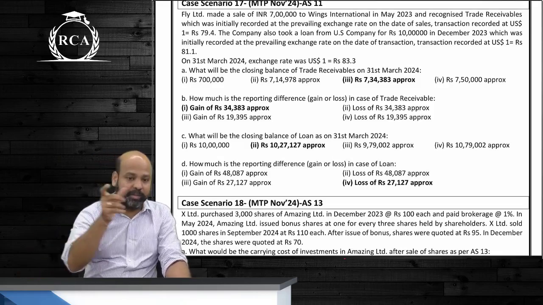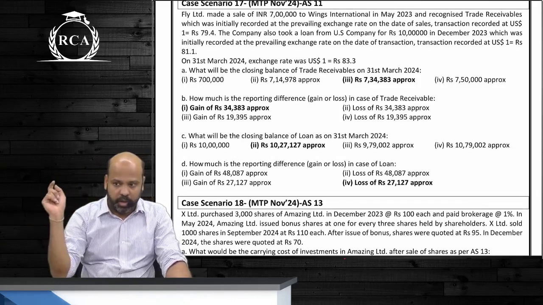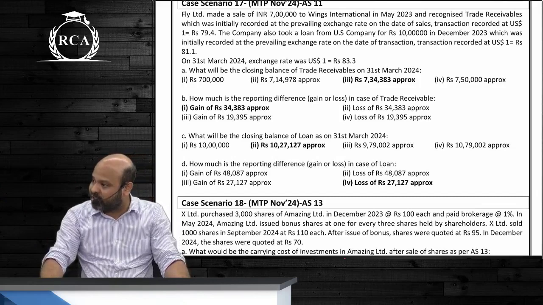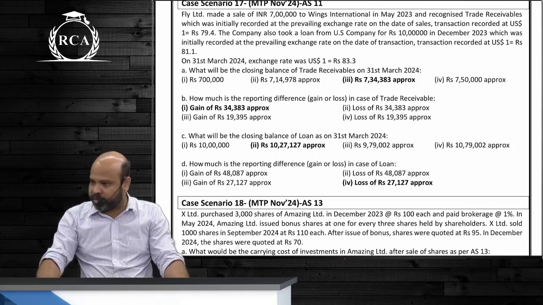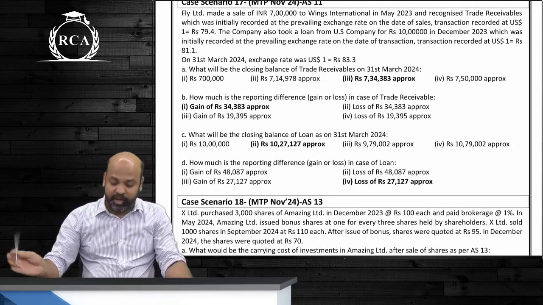Non-integral is exactly same as integral except all assets and liabilities will be converted at closing rate. That is why the difference is accumulated in FCTR, foreign currency translation reserve, and this FCTR will be shown under reserves and surplus till you dispose of that non-integral foreign operation. याद आया बच्चों कुछ? Now here it is not related to all of that.